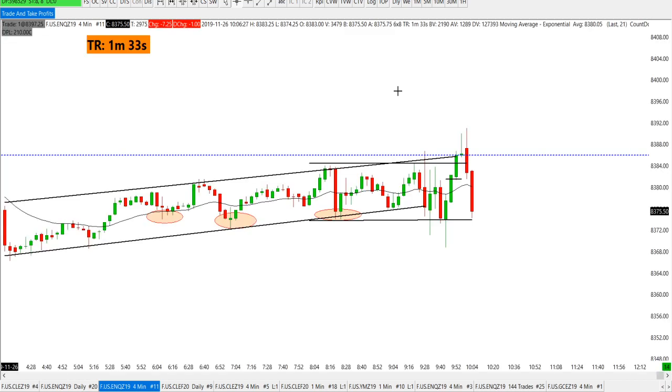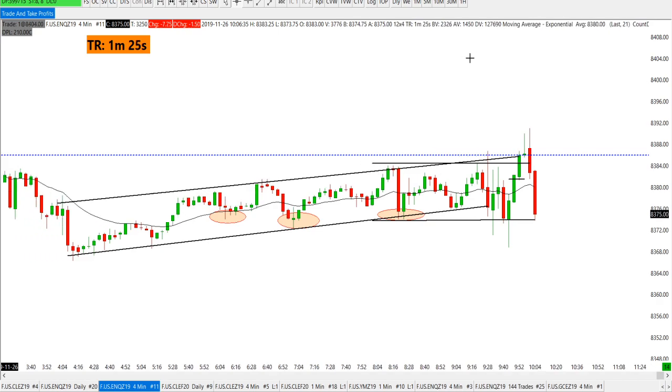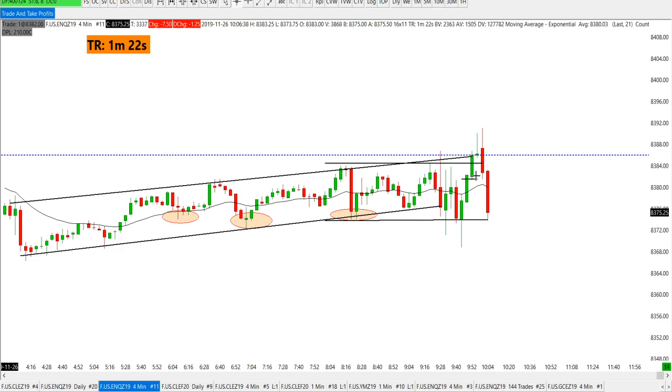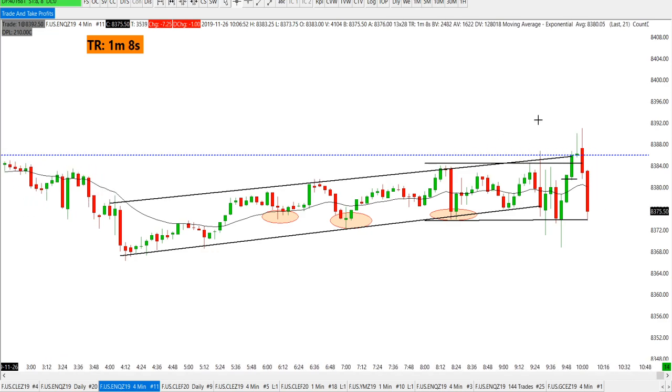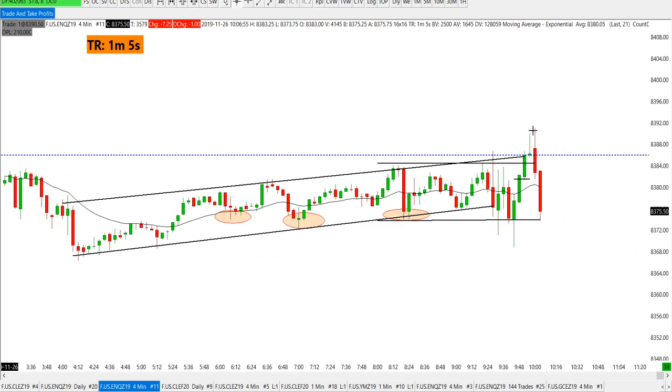Now, sometimes it could take a good hour to figure out the real direction. So the real direction might still be to the downside. But overall, we had buyers coming right here, buyers coming right here. So when we broke the high, you have to expect continuation. But notice how we barely broke this high right here. So guess what? You have to change your thought process. You can't continue to think the same way.